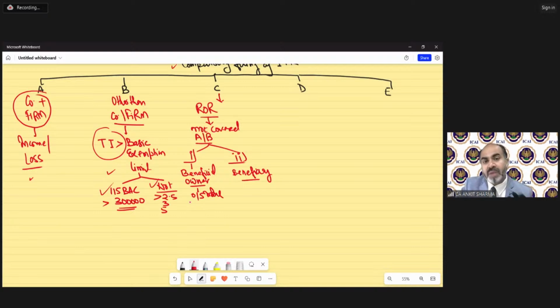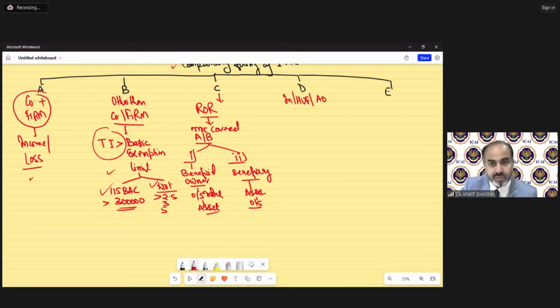So if you are a beneficial owner of any asset outside India or have a signing authority, or you are a beneficiary of any asset outside India, then you also have to file your income tax return. Clear? Now the D case says, in case of any individual,